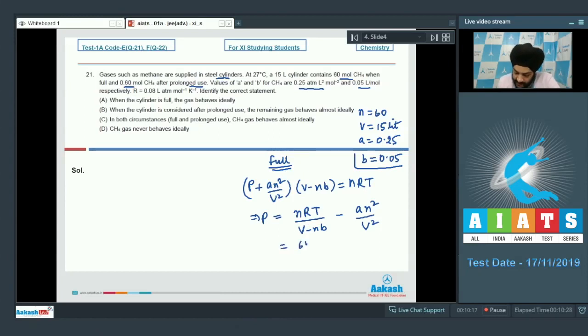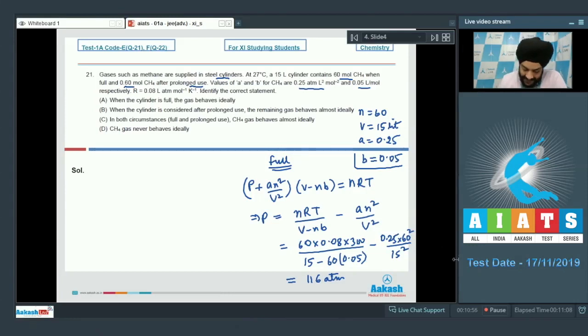So we have 60 into 0.08 into 300 upon (V minus nb), where the value of V is 15 and nb is 60 into 0.05, minus A, which is 0.25, into the number of moles whole square, which is 60 square, upon the volume square, which is 15 square. So students, this on simplification gives us a value equal to 116 atmosphere. Now if we apply the ideal gas equation when full,